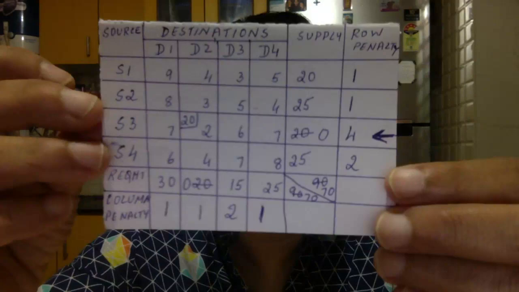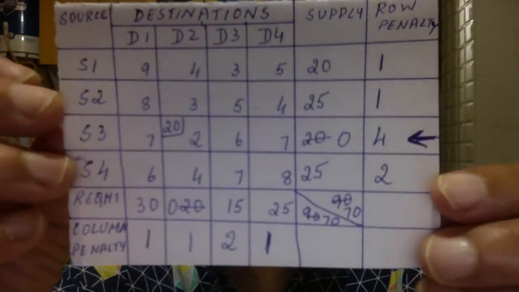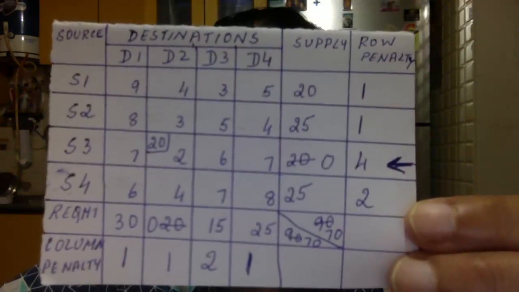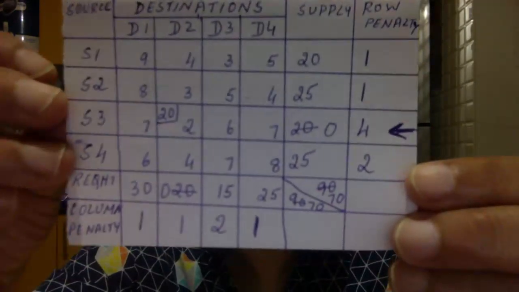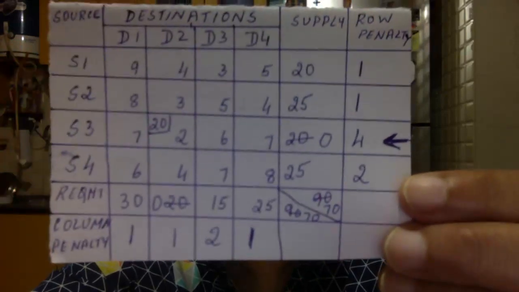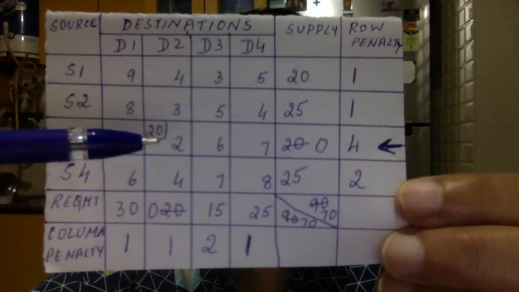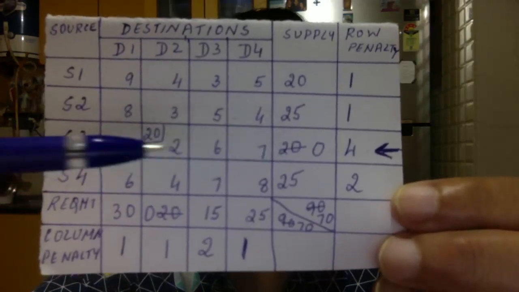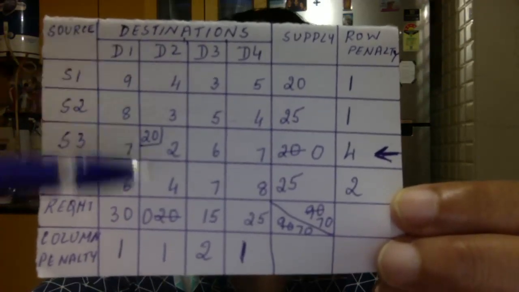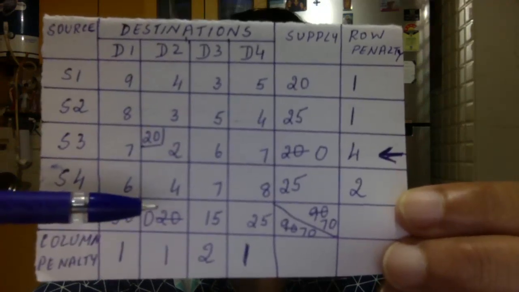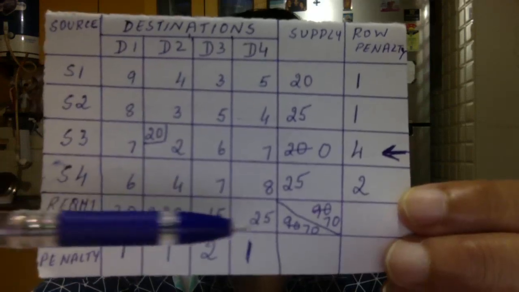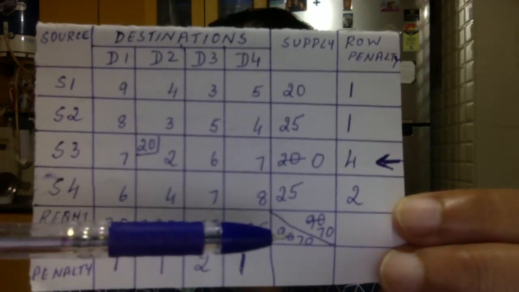Class, I'm going to do one more matrix. So you'll have to start ruling. Meantime, I will just show this, then I will rule with you. So I've done the 4 steps. Allotted 20 here. From where I allotted from this, so I struck off there 20. And here the requirement of D2 became 0. So I struck off this 20 and made it 0. Next, I struck off the grand total and made it 70.